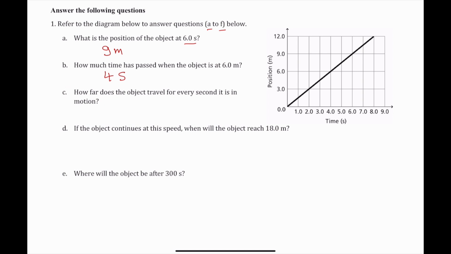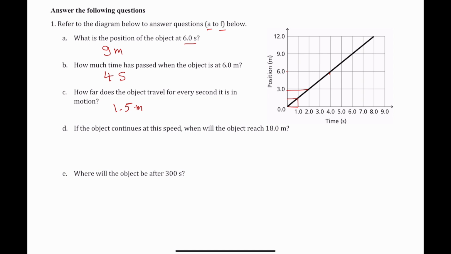C. How far does the object travel for every second it is in motion? So for every second, it will cover approximately 1.5 meters. At 2, 3, so at 4, 6, so that means 1.5